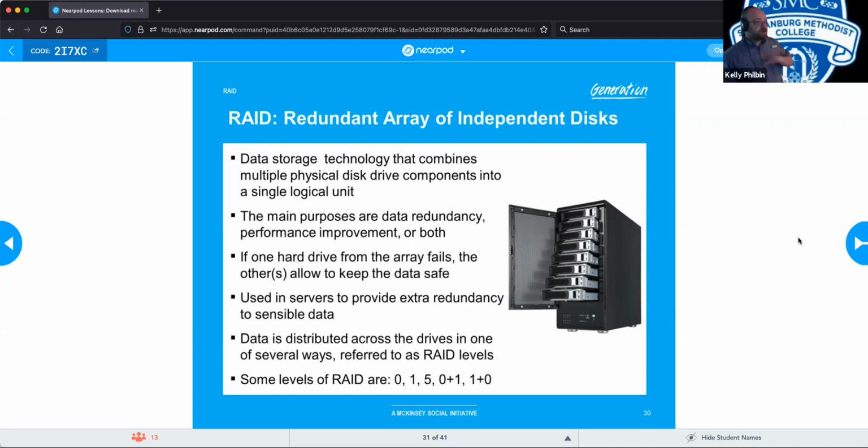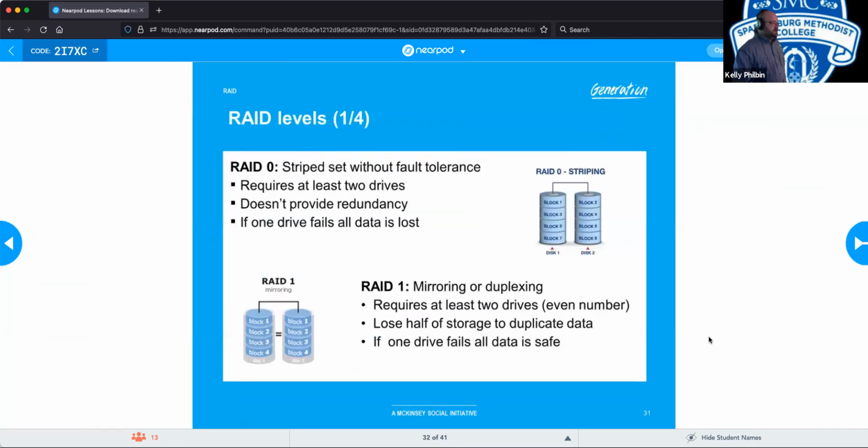Okay. Yeah, we're about to go over them, but these are the different types of RAID arrays you need to be aware of and know how they work. You need to know how a 0 works, a 1, a 5, 0+1, and 1+0. Those are the main types of RAID arrays you need to be familiar with. All right, so